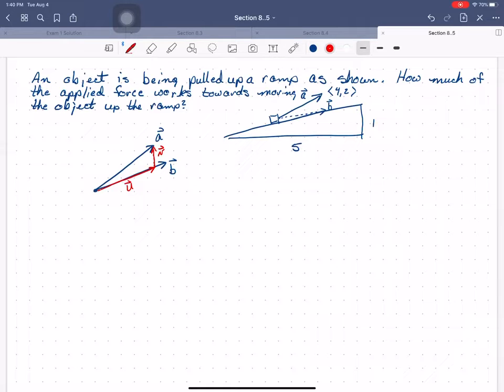I've made a right triangle here, yes? And there's an angle theta. Remember that the cosine of that angle theta is related to the lengths of the sides of the right triangle, which is in turn related to the magnitudes of the vectors. So in this case, magnitude of U divided by magnitude of A. So that means that the magnitude of my vector U is equal to the magnitude of my vector A times